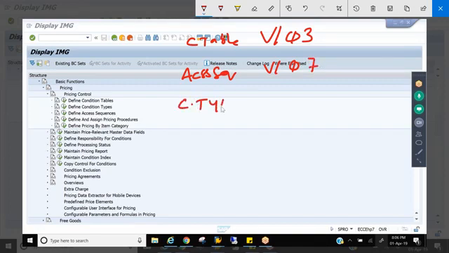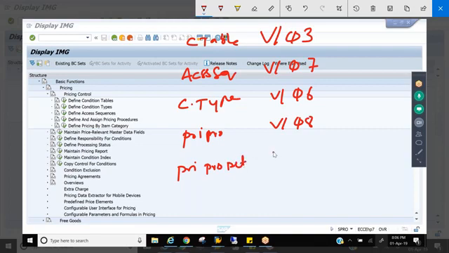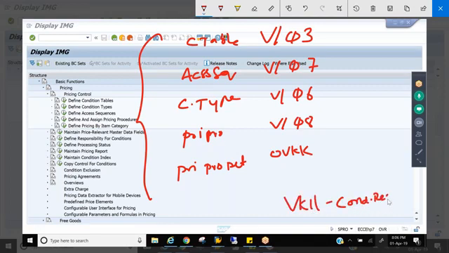Condition type V/06. Pricing procedure V/08. Pricing procedure determination, that is OVKK. So this is what we do as a consultant, and the user would be maintaining the condition record with a T code called VK11. That is for condition record. So these are the T codes to maintain the condition technique.